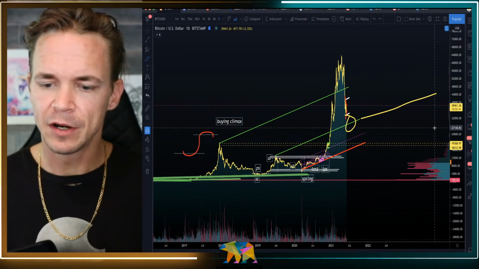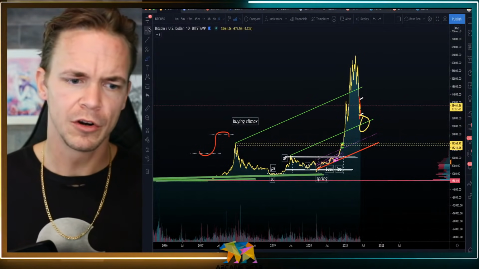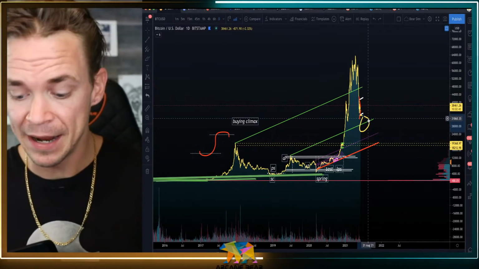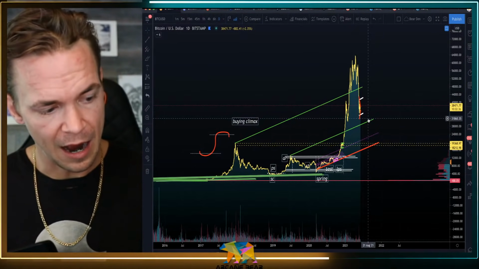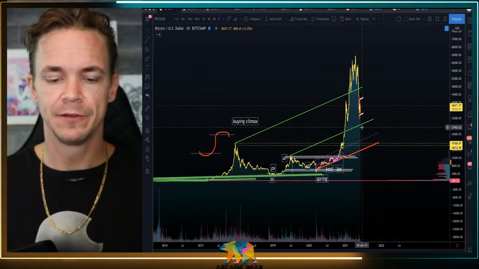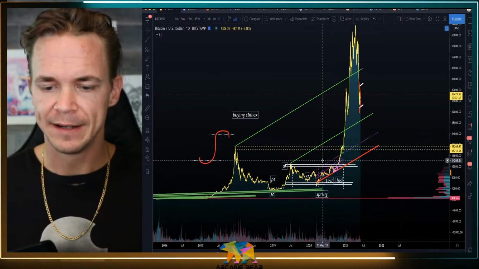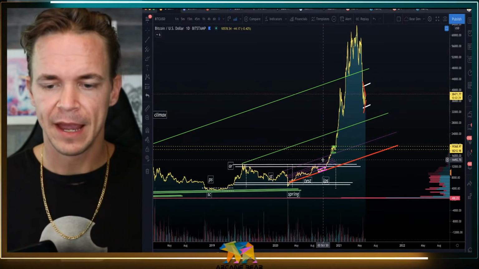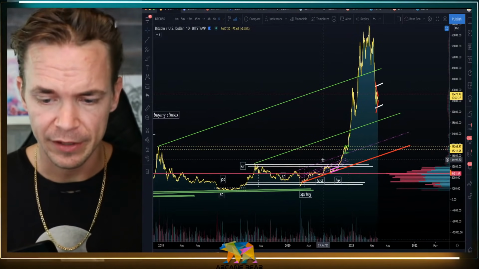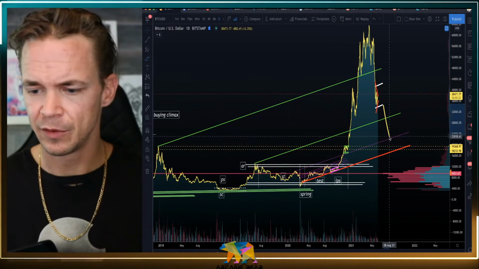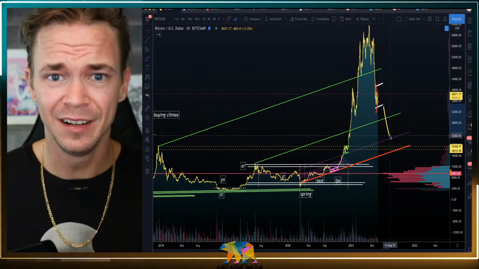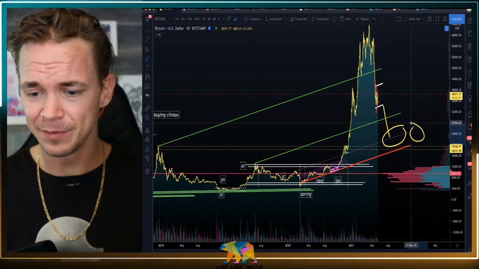Now, a big question is, could we come lower? Everyone's like, oh, could we go lower? Yes, we could. But to me, as a long-term, low risk, high value investor, what I'm trying to always understand is, where is the risk lower, and what is the value of the asset that I'm trying to accumulate? Let's say we come down to $20,000. Well, fuck yeah. I'm going to be buying as much as I possibly can.